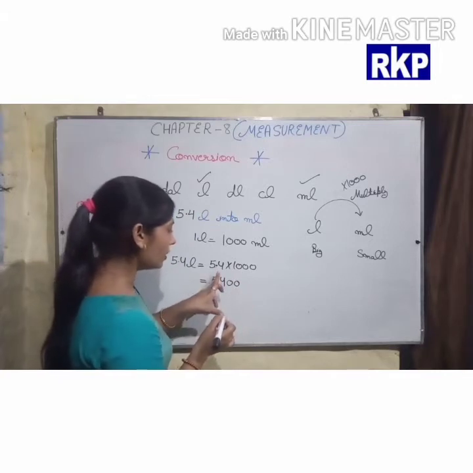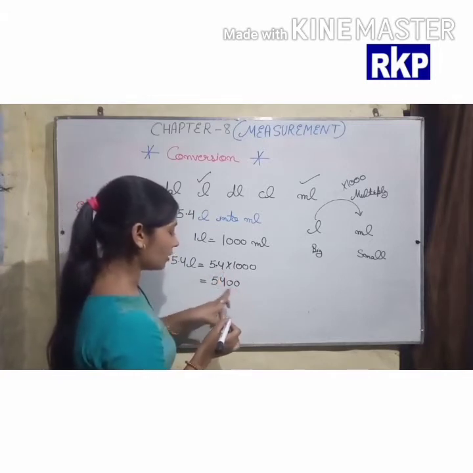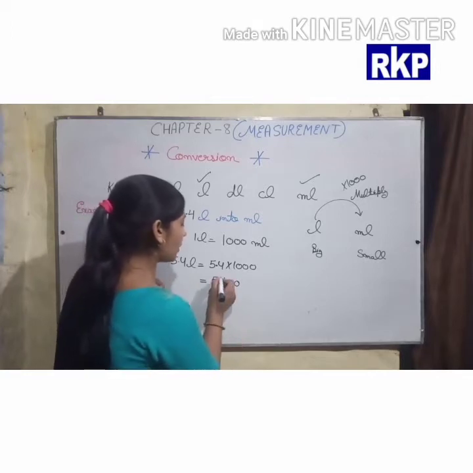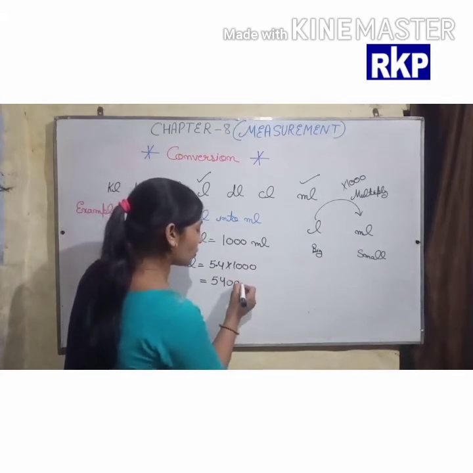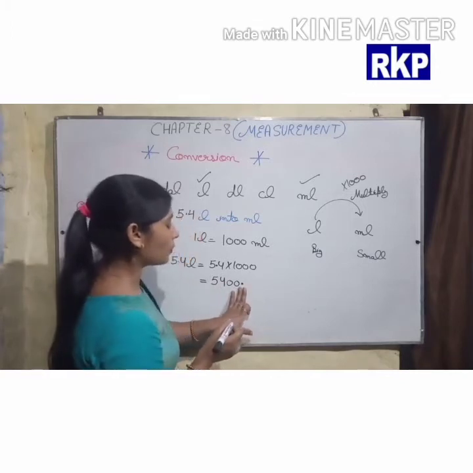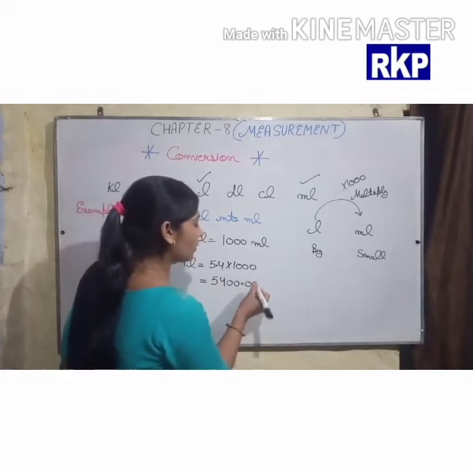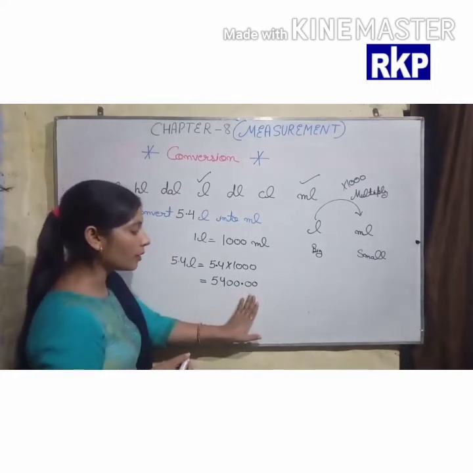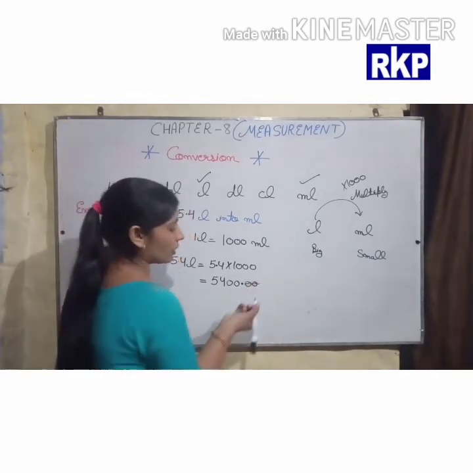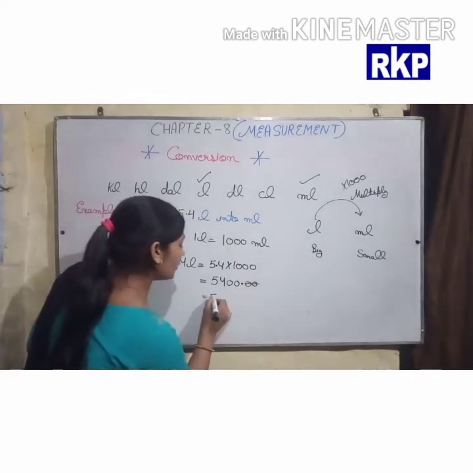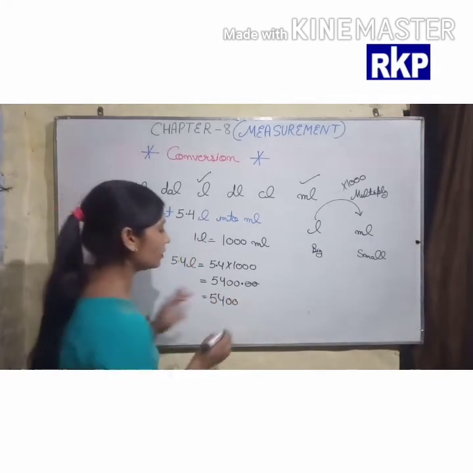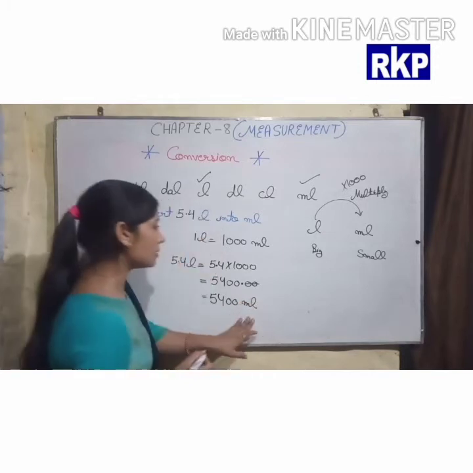Okay, now here after 4 two zeros are there. 1, 2, 3, means our decimal point will shift after this 0. Okay, so here we can put the point. Okay, and here after this decimal point we don't have any digits, so here we can write zeros, but we know beta there is no value of zeros after this decimal point, so we can cut them also. Okay, means we can write only 5400, means 5400 milliliters is the answer.